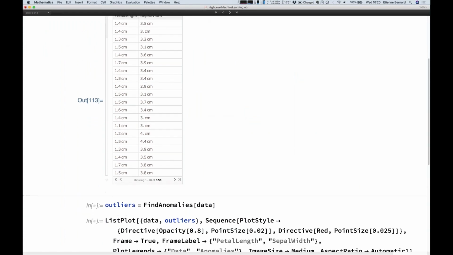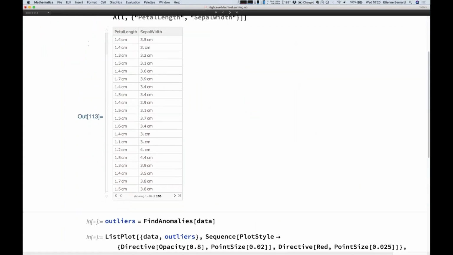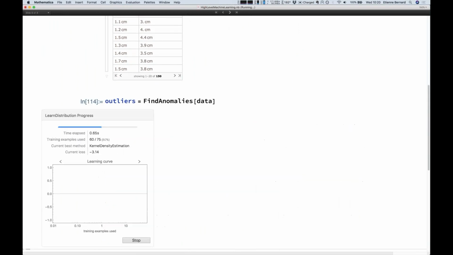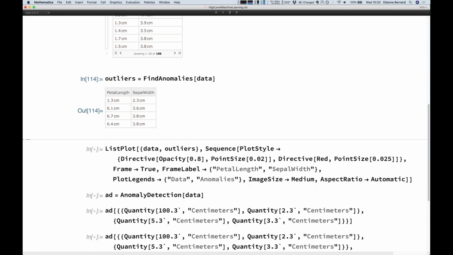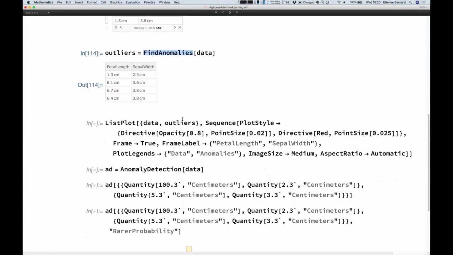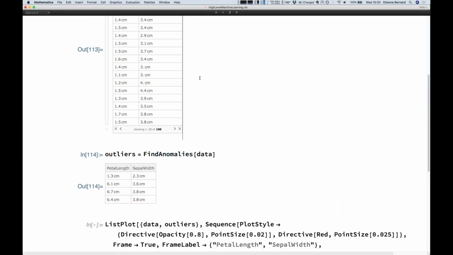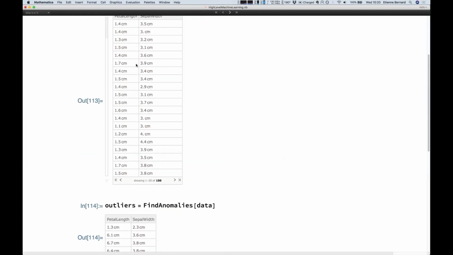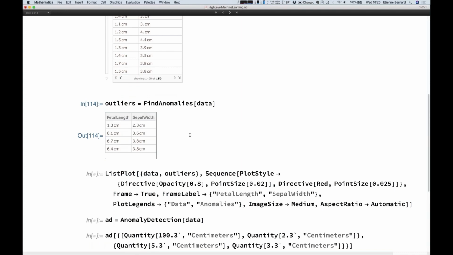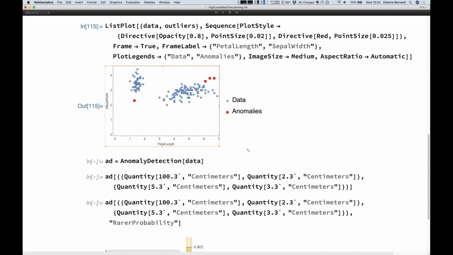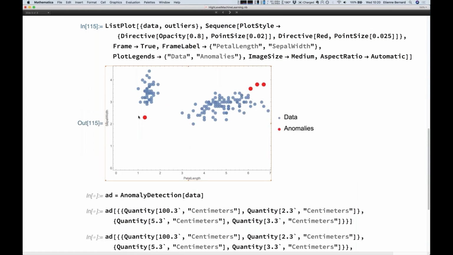So here, we actually take again a similar dataset as before with two numeric values. And one of the functions is just find anomalies. So here you don't have to do anything. You just ask for the anomalies. And here there's a sort of cross-validation system where it takes part of the data, learns the distribution, tests if the other part is anomalous, and does that several times to narrow down the anomalous examples. So I'm going to show here, okay, that's an example of the function find anomalies.